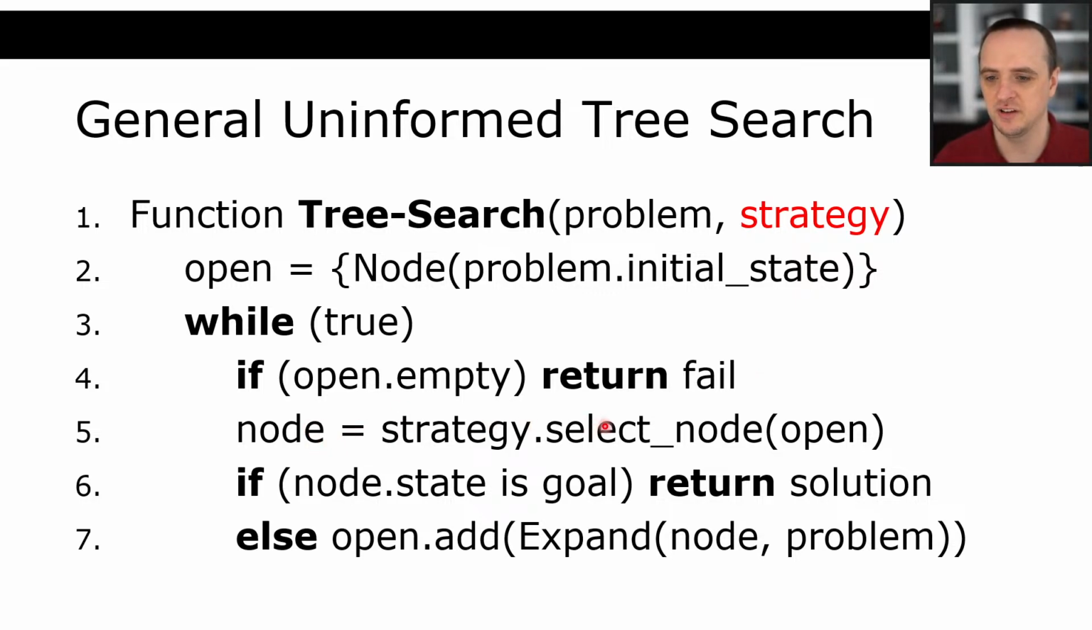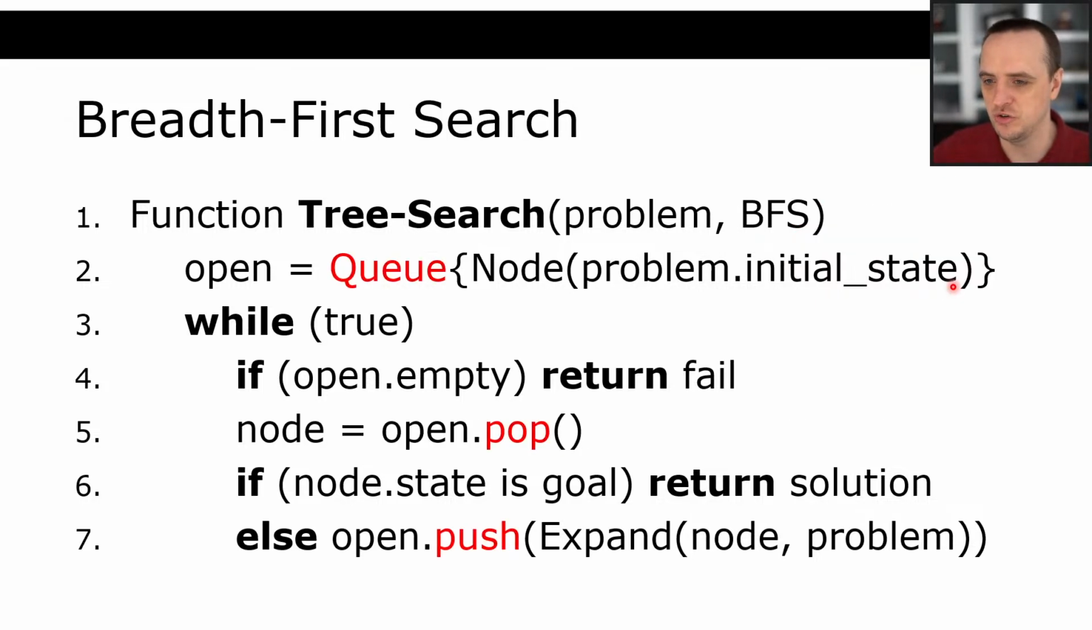Otherwise, we select a node from the open list to expand, whichever node the strategy says to select, and we'll give an example of that in a second. If the state of the node is the goal, then we know that we have reached a solution path. Otherwise, we take that node and expand it, we produce its children, and we add its children to the open list. So if we want to turn that into breadth-first search, remember we just use a queue as the open list, right? So breadth-first search uses a queue. When we take something off of the queue, we pop from the front of the queue. Otherwise, we push,